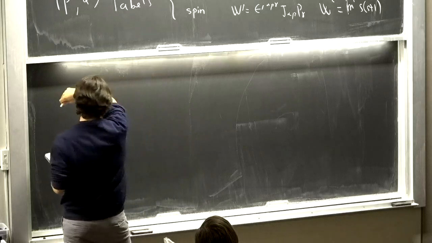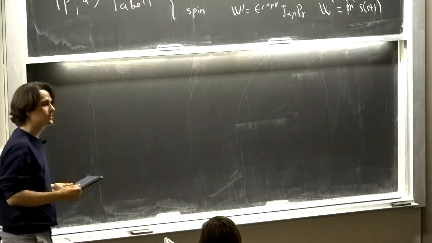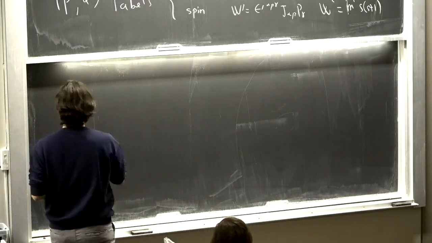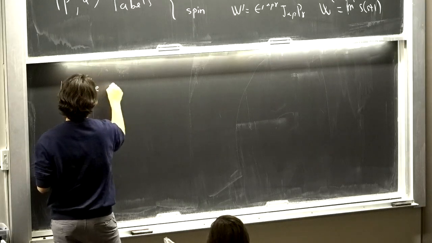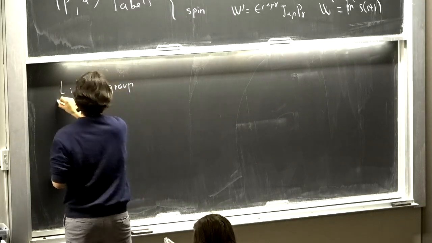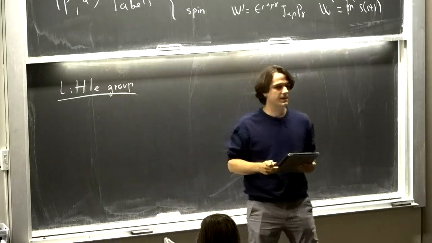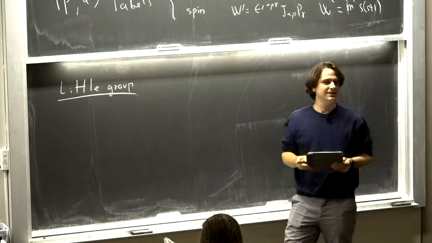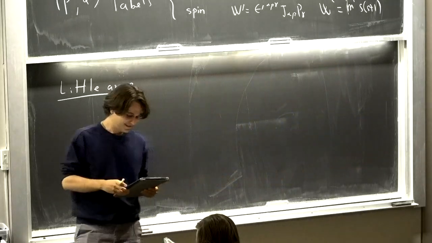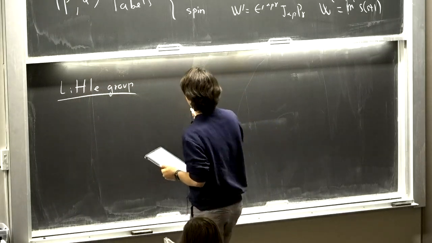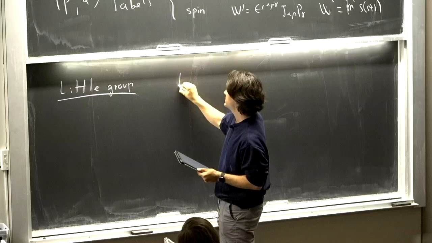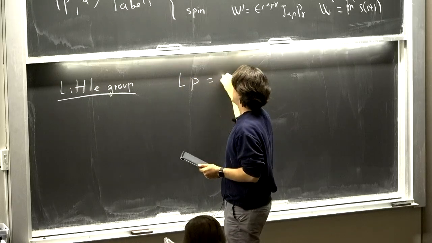So there's this key idea that we're going to use to great effect, which is called the little group. How many people have seen all of this, by the way? Okay, so I'll go pretty fast, since I want to get to the fun stuff. This little group is some particular set of Lorentz transformations that leave my momentum invariant.